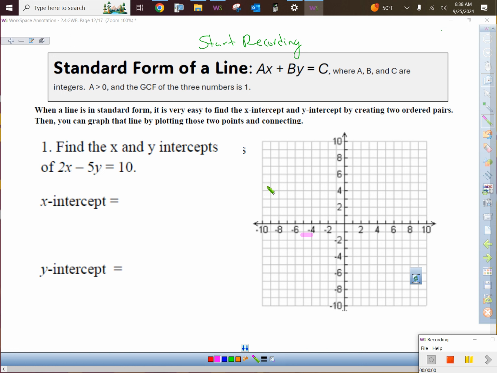So standard form of a line is what we got today. There was an activity on the other side of this page. We did it together in class. You can try that on your own and come check it, but this is where we'll start watching our video